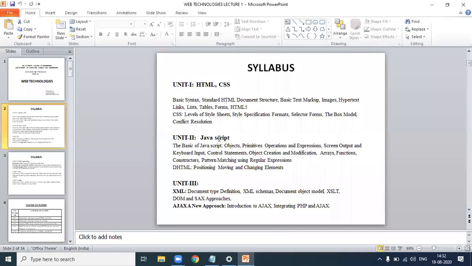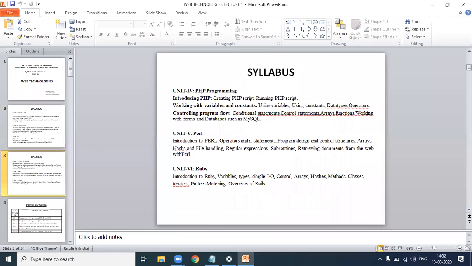Or if you want to prepare any login page, HTML, CSS and JavaScript are compulsory, these three. Or if you want to connect a database to a web page, PHP is compulsory, personal home page or hypertext preprocessor.